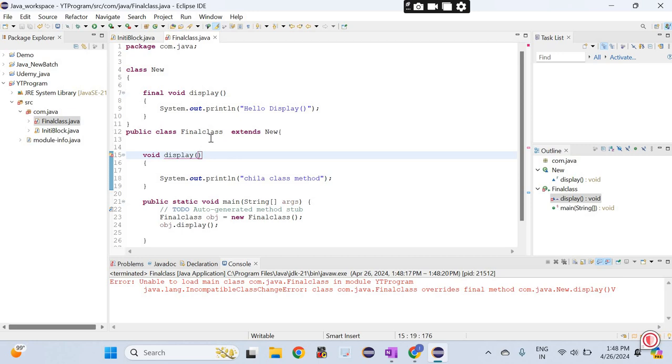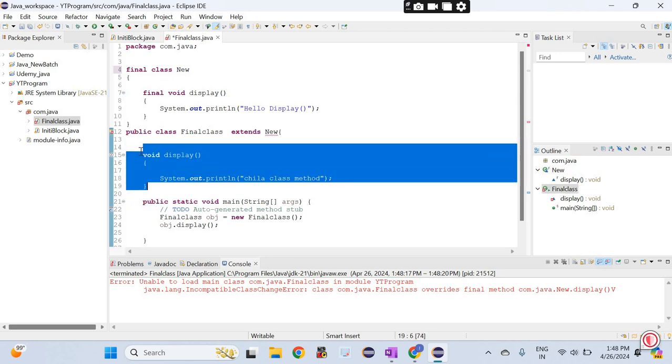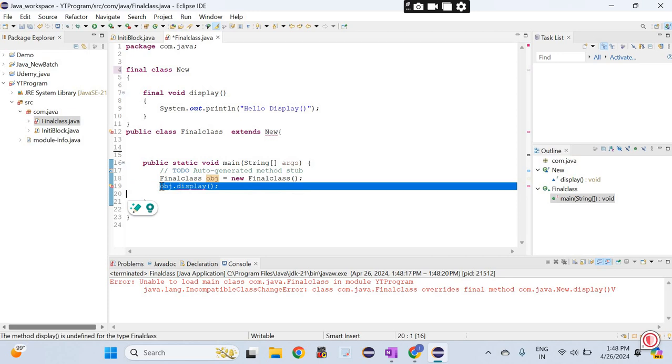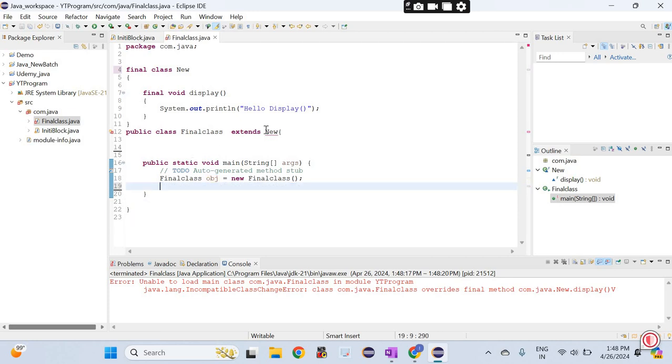Now final class. If you are making any class final, you cannot extend that class. Suppose this is the final class. Remove this method. Now you are trying to extend this class, and you get the error here: the type cannot subclass the final class.